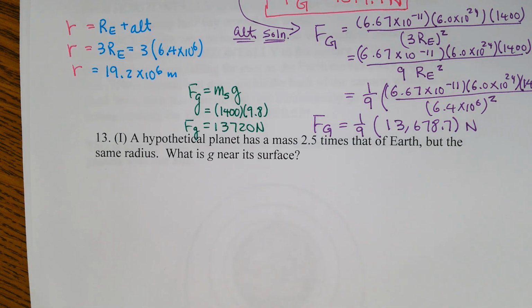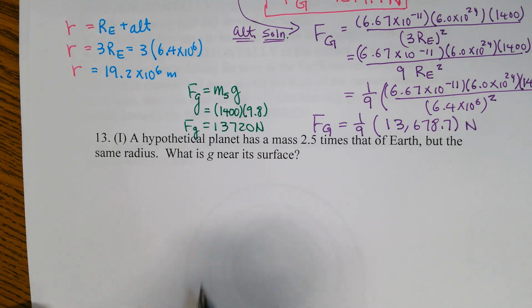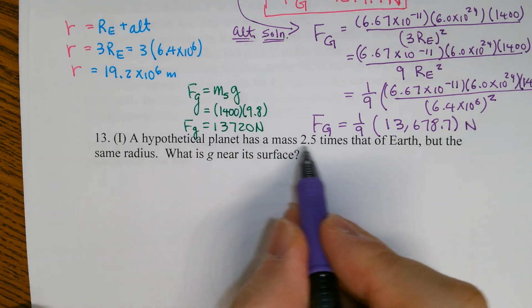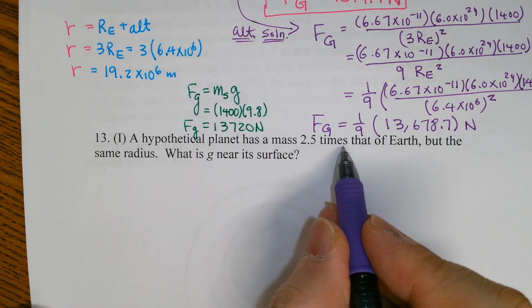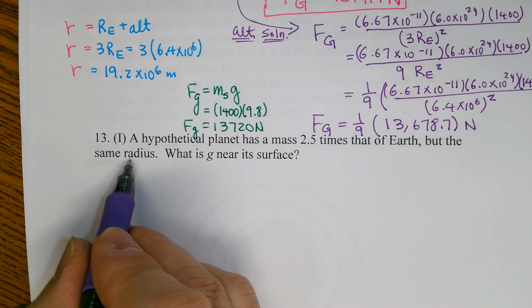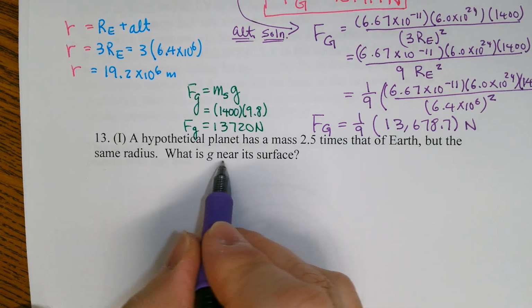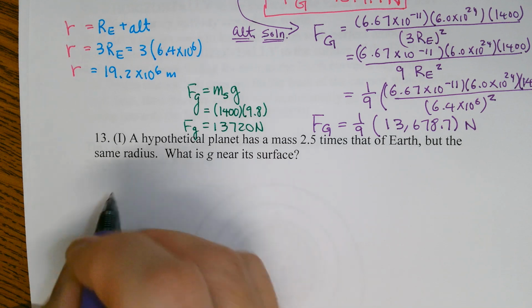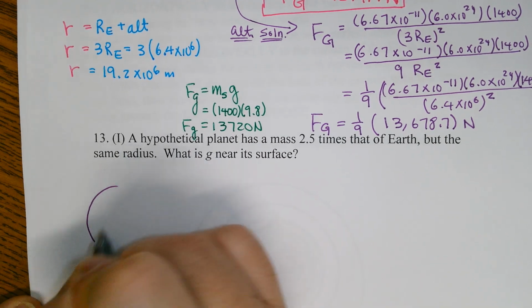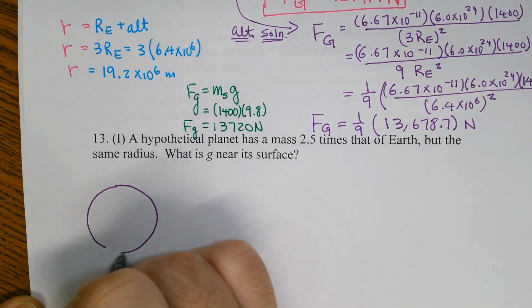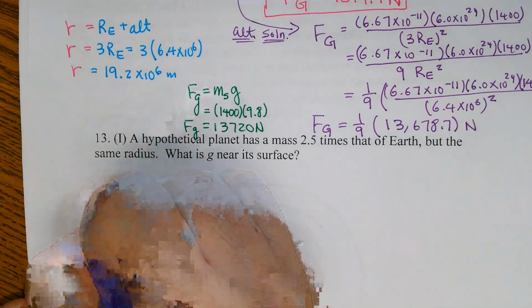Number 13 states, a hypothetical planet has mass 2.5 times that of the Earth, but the same radius. What is the acceleration due to gravity on the surface? So if I have a hypothetical planet and I put you on it,